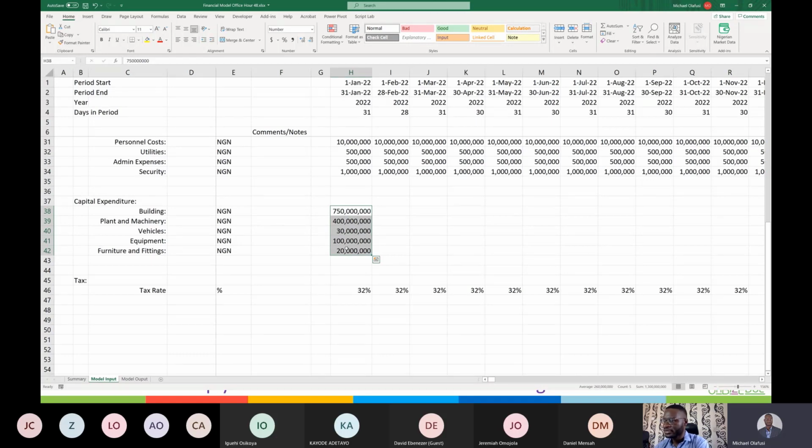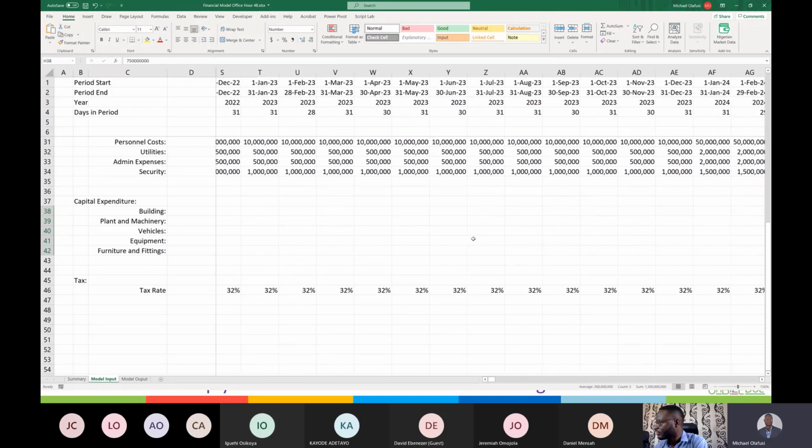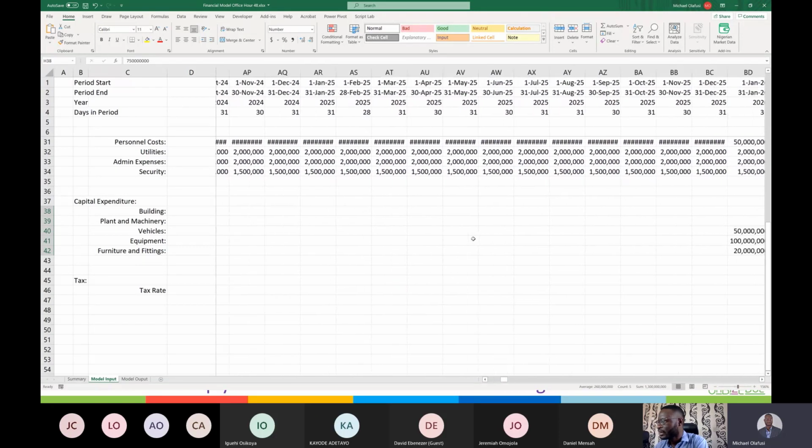Depending on how the project is, you might have to do some furniture and fitting. Some you might not do in the first year. It might be until when the factory is set up before you start doing some of the furniture and fitting. But nonetheless, the pattern is always that the bigger chunk of the expenses comes up in the first year, and then gradually the other expenses might start popping in later.